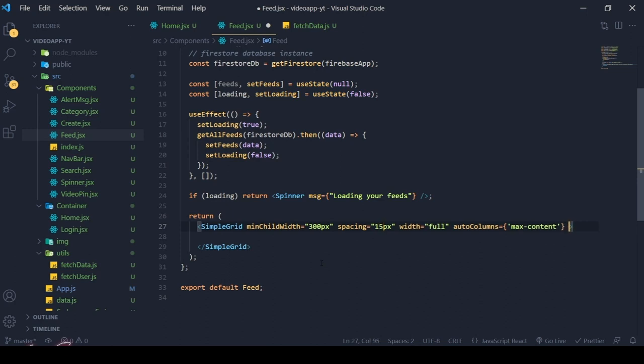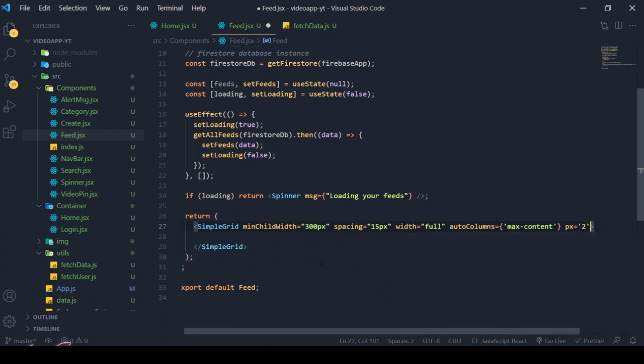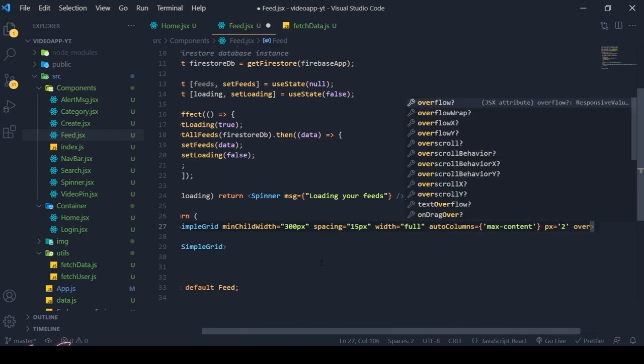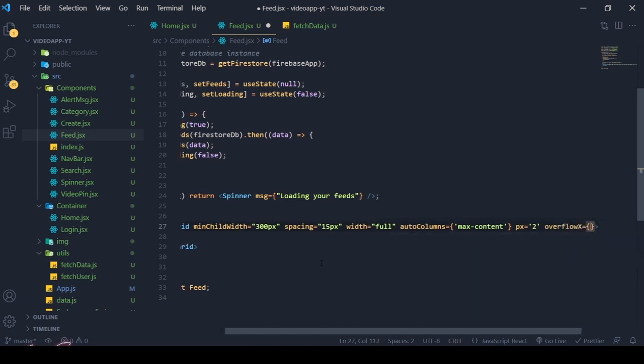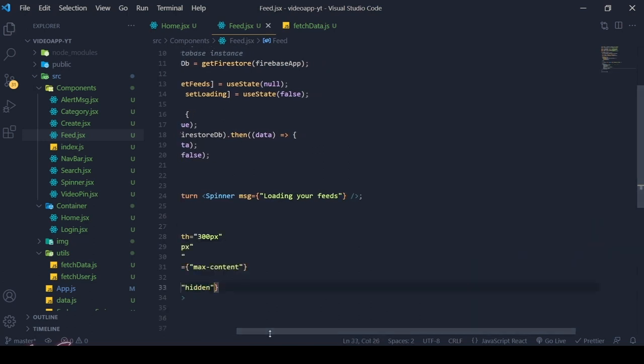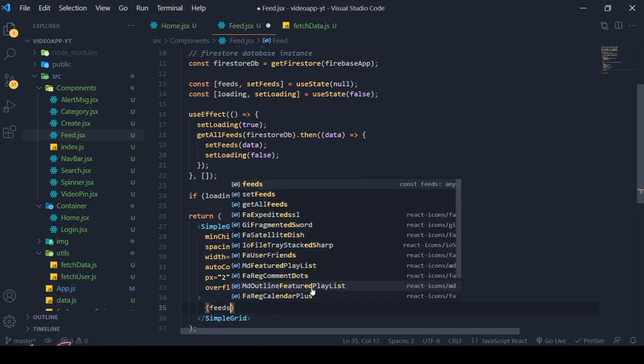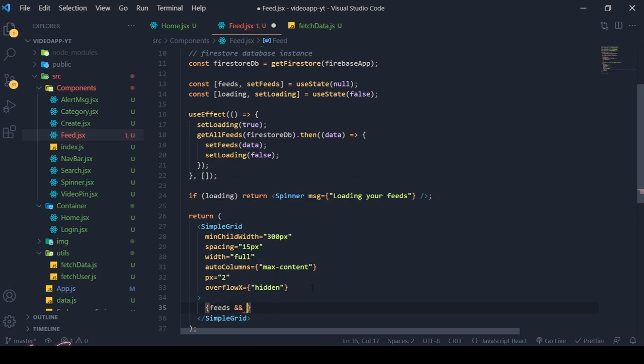Okay, then inside this I'm just adding padding for it, 2 pixels padding, and overflow is hidden. Okay, so currently nothing will be there. Now we need to render the feed. If there is a feed, we need to render the feed. Okay, so open it. So feeds, if there are feeds, and